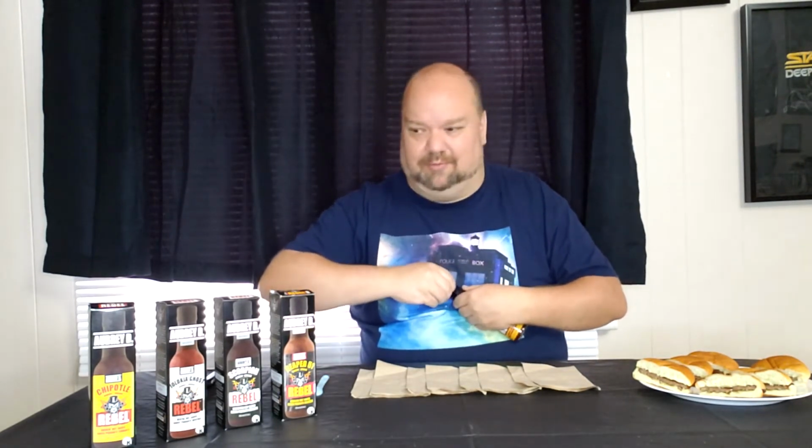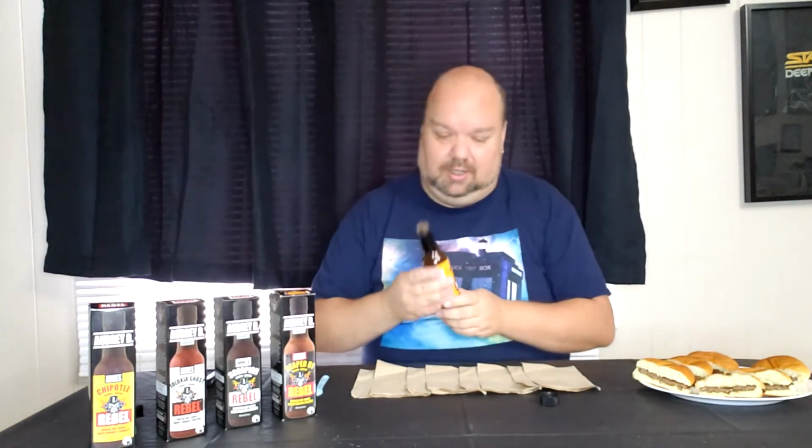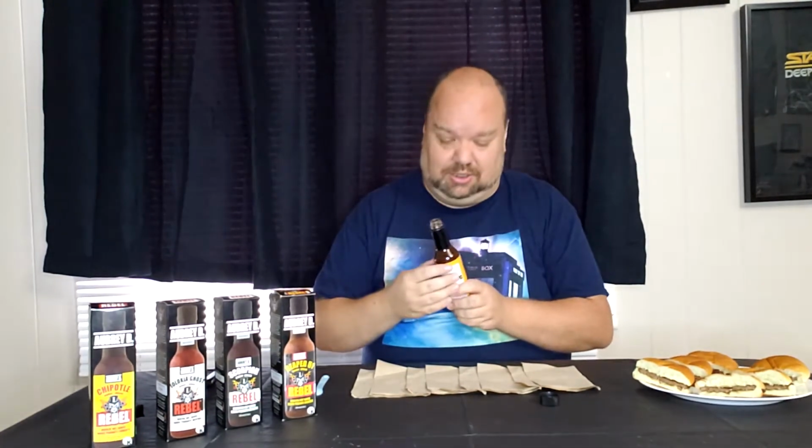Okay, so we have the smoking hot Chipotle. Of course, sealed around the cap as well. Wouldn't want it otherwise if it went in a box. Do a good shake. And a sniff test. Oh. You can definitely smell the jalapeno and chipotle in there. It's got a very distinct jalapeno smell to it. The smell of vinegar, of course. There's a little bit of a fruitiness to the smell. Not overly strong, but